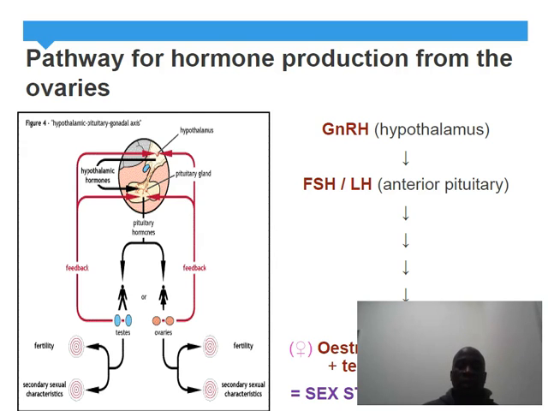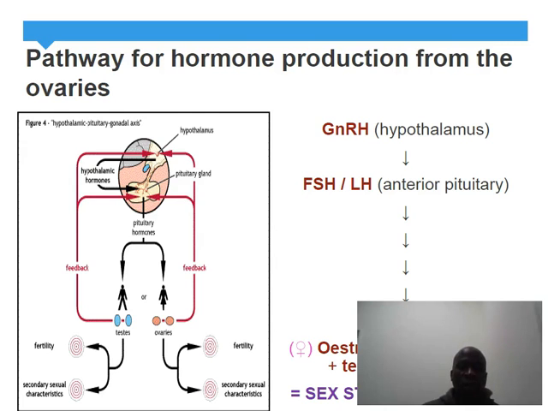That means the beginning of the release of the eggs in the ovary, and they are also responsible for the secondary sexual characteristics, such as development of breasts, the uterus preparation, and external features,